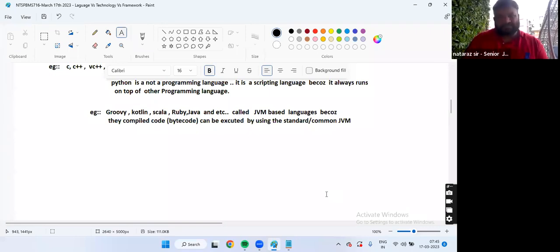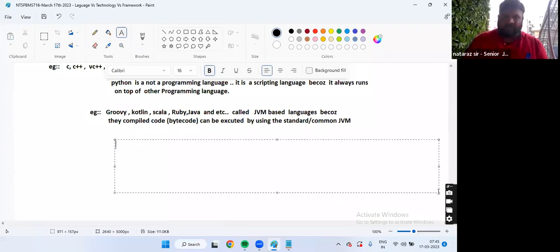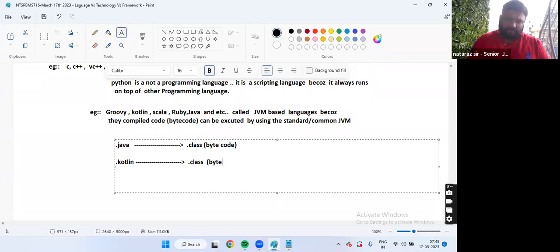Okay, for example, have a look at this. .java. After compilation, what will you get? .class file, bytecode. Okay, Kotlin. After compilation, what will you get? .class file. This is also bytecode.